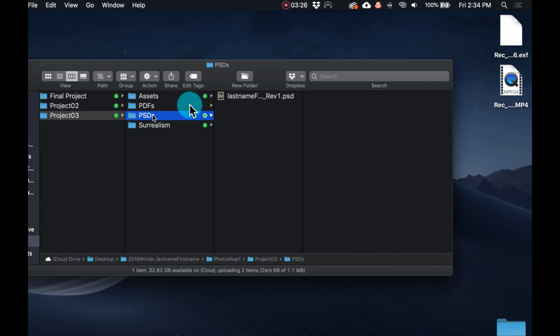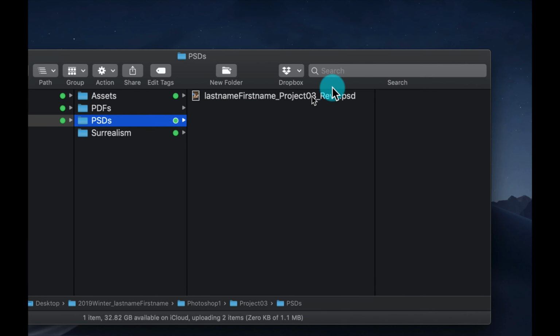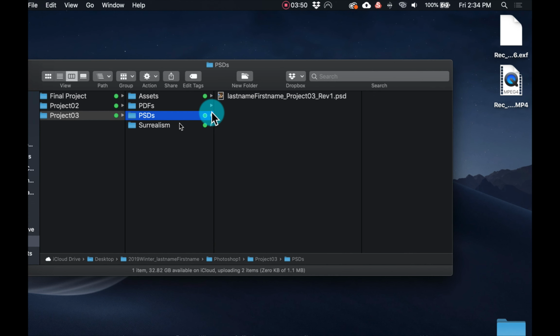And when you go into the PSD folder of project number 3, here you should have this file naming convention: last name, first name, project 03, revision 1. Again, inside the PSD folder, you may have more than one file based on how many revisions you did. And then when we go back out onto the last folder, which is where you're actually working with your final images,